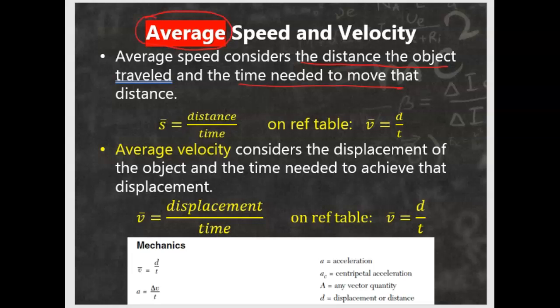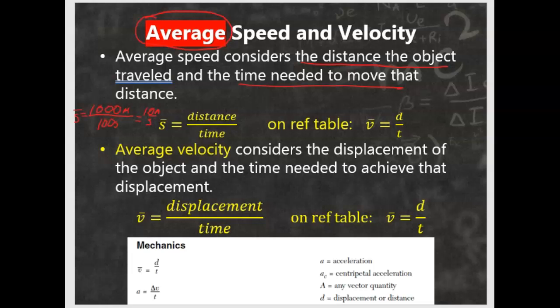So if we traveled, just to use units of meters, if we traveled 1,000 meters and we were driving along for 100 seconds, our average speed would be 10 meters per second. As simple as that. Just the total distance that we traveled divided by the total time it took to travel it,